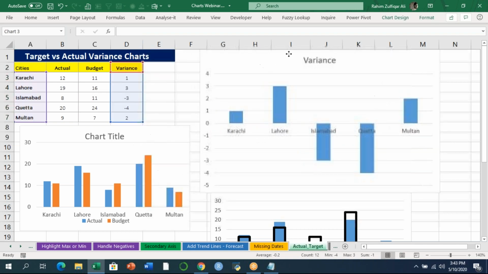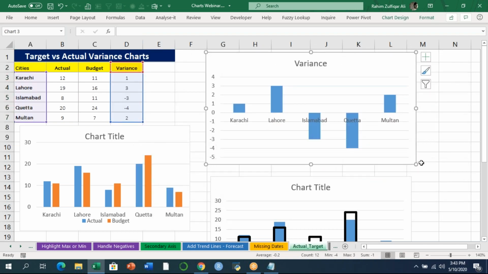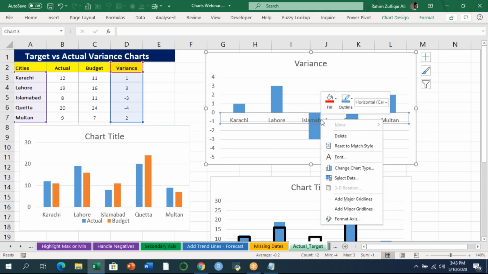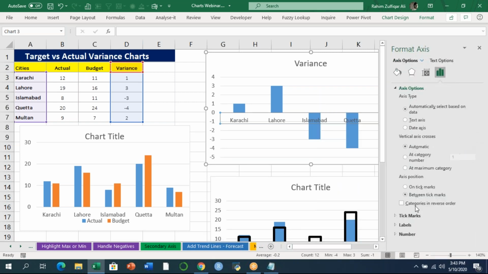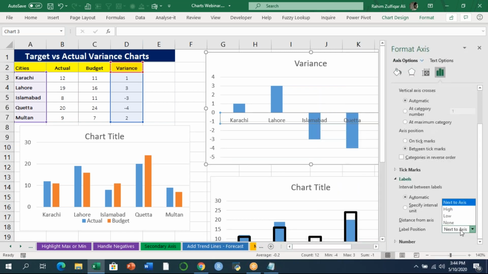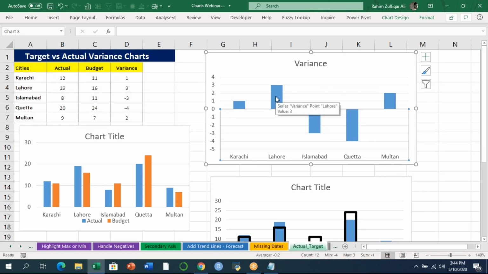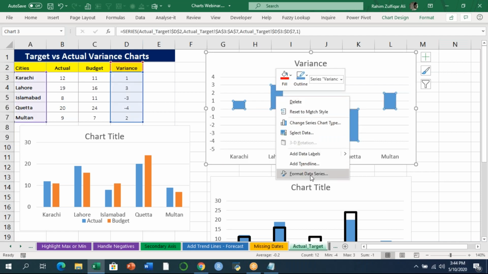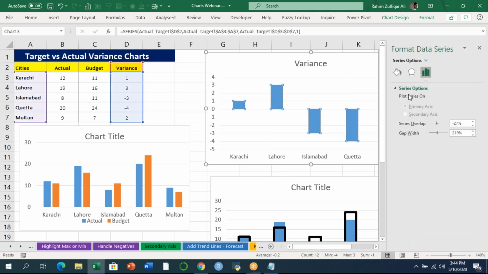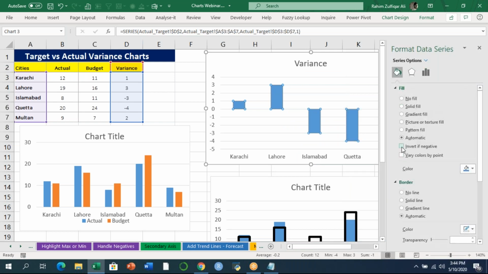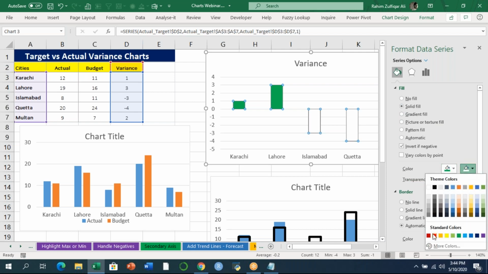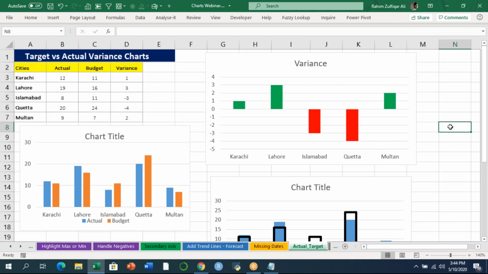and this time we will create one more chart, which is a column chart. And in this we will do something like we did previously. We will drag the horizontal axis to the bottom. For doing that, we will go to the labels and set it to low. We can handle the green and red variance colors by right clicking on these data bars, format data series. We will check mark invert if negative and the solid fill, and we will define the colors in the buckets appropriately. So then we can see that Islamabad and Quetta are the regions who have not met